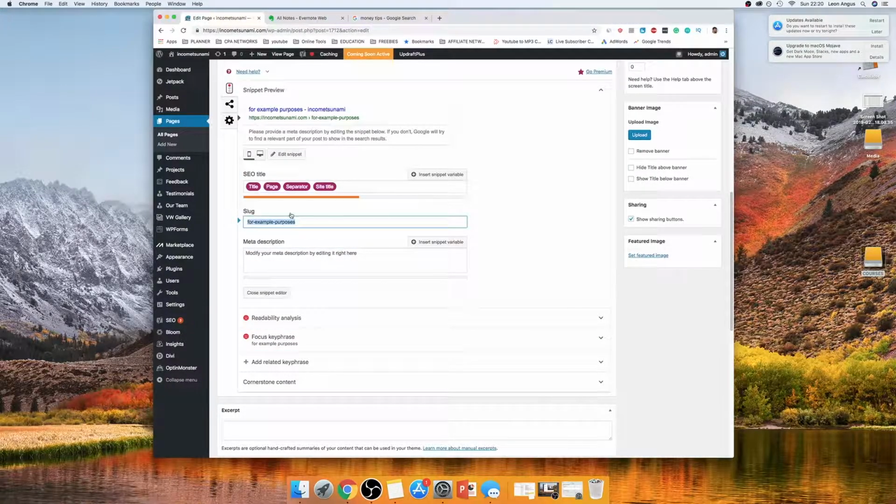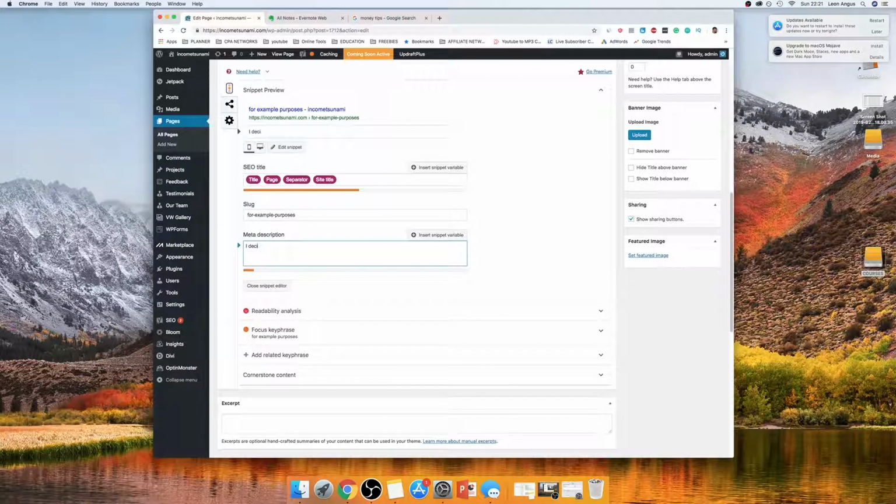Then this is the slug, which means the /. You see this part here, that's what it is, yeah? So you've got the website, and then you've got this /, and then obviously for example purposes, that's what we're going to use. So I would basically start it off by saying,